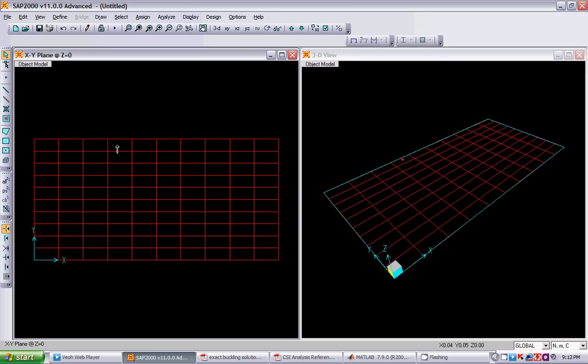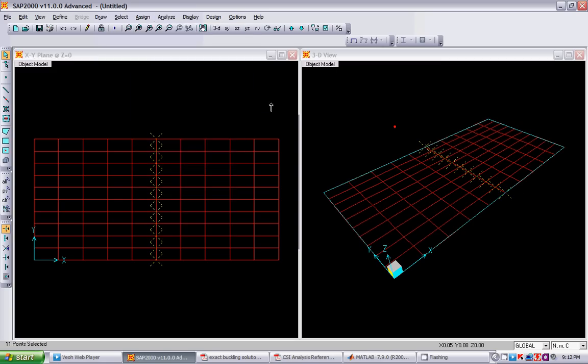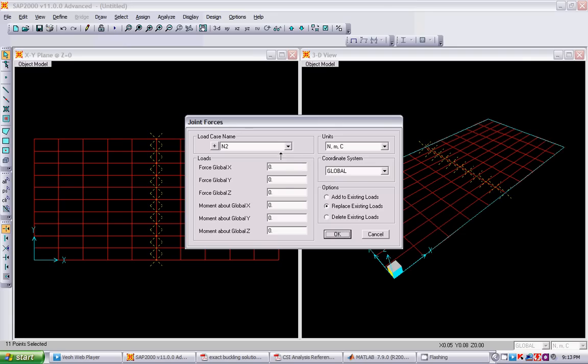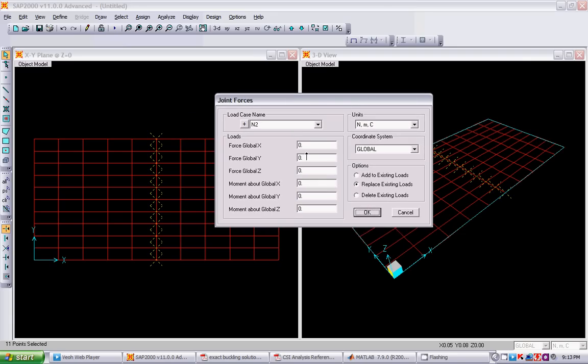So you can see all of them have been divided, and this is the mid-axis where we would like to assign the loads. So we select it and we assign loads. Let's say we want to give a load of 1 Newton to each of these joints towards the positive x-axis.